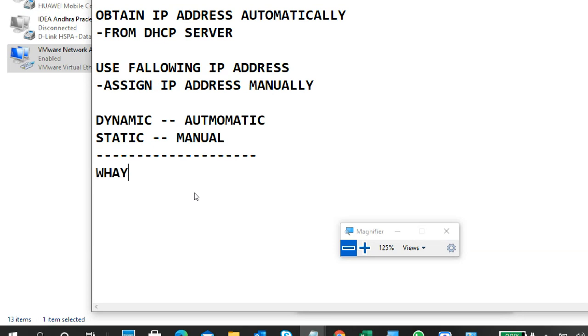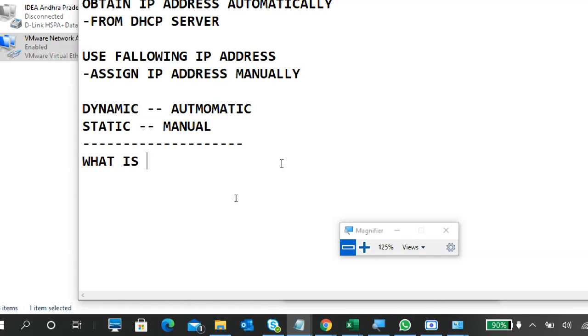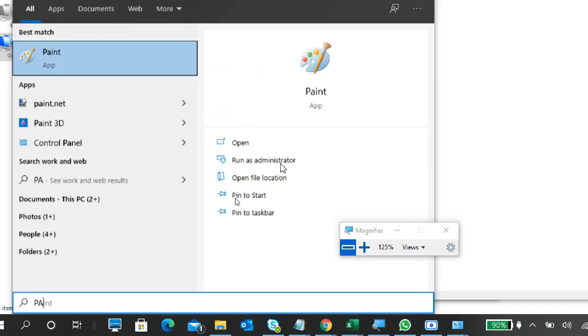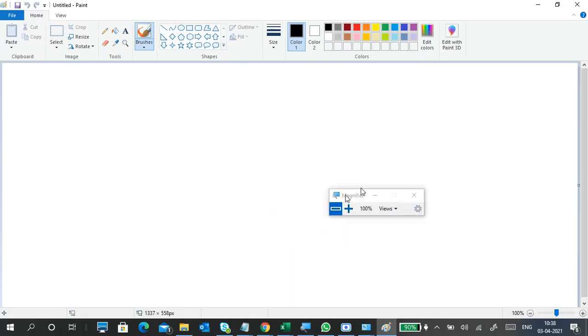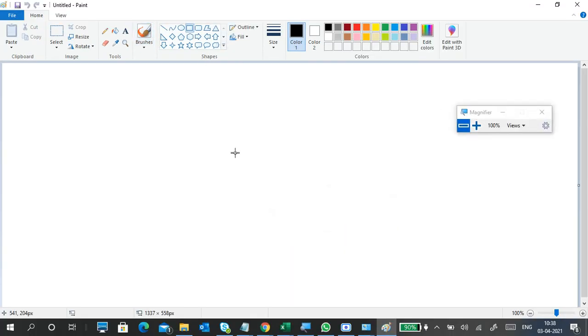So, hello, what is the DHCP server? Yeah, tell me. When we are connecting two PCs with the help of LAN, then we assign the IP address manually. Oh, very good. Okay. Yes, something like that. I will give you clarity. So, this is my switch, not a router, yeah.